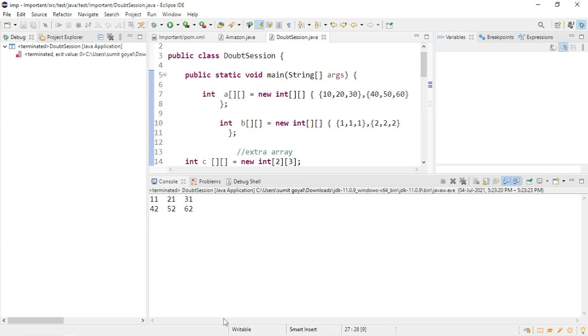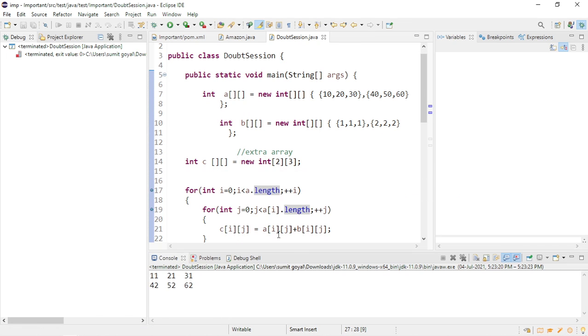Sir, how do we find the common elements from the arrays? For that, I will first take this one. This is one array, and this is a second array.